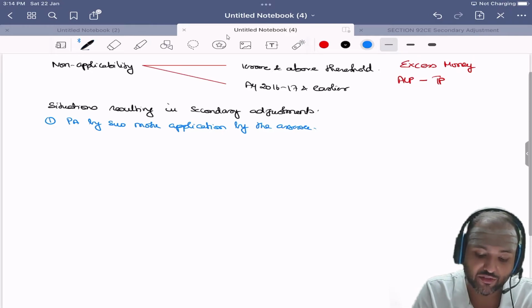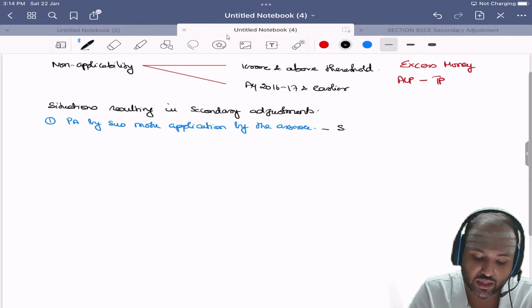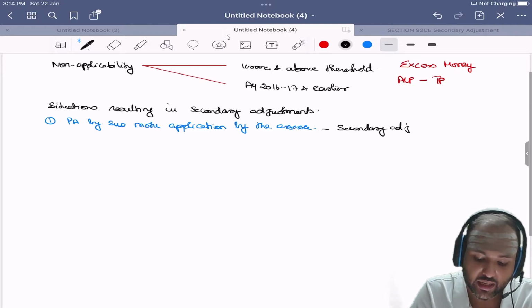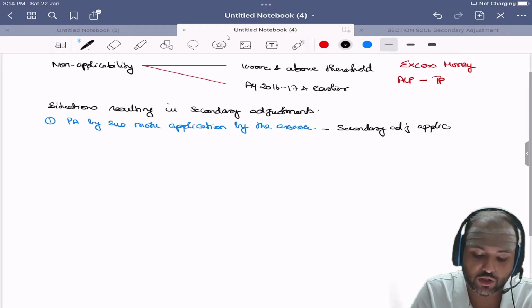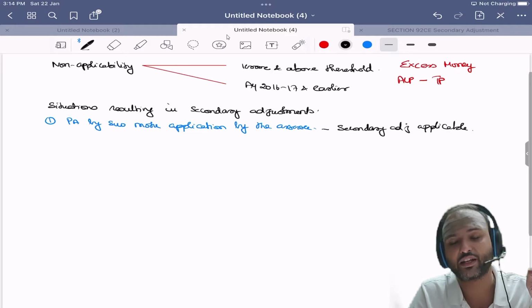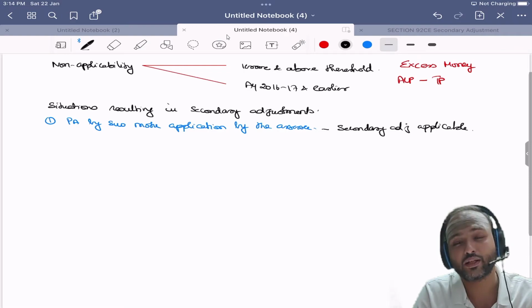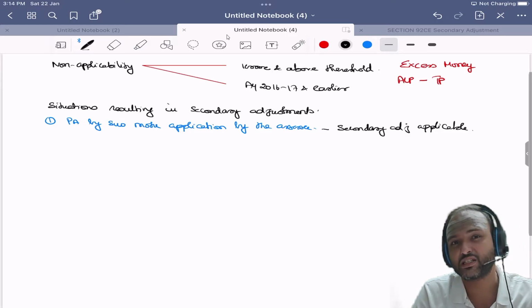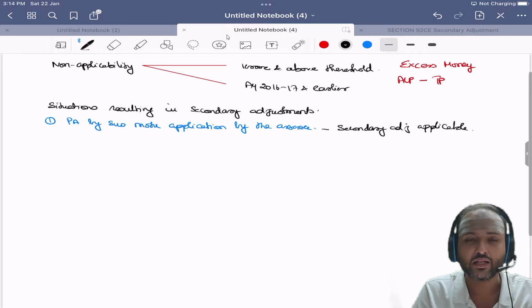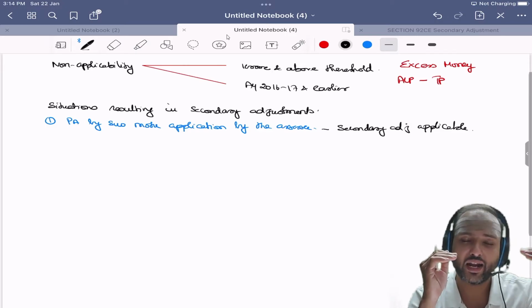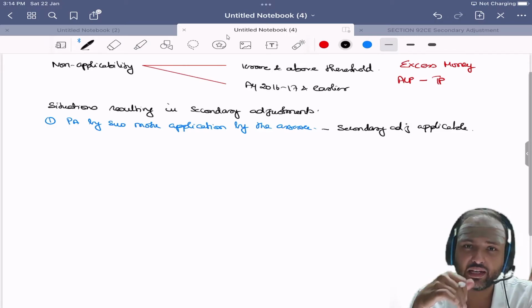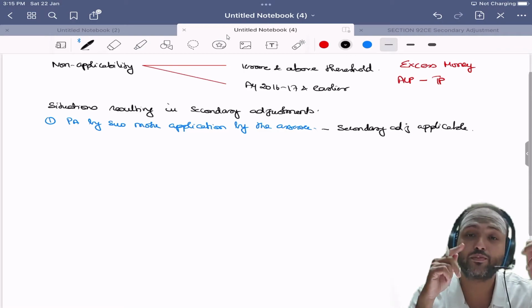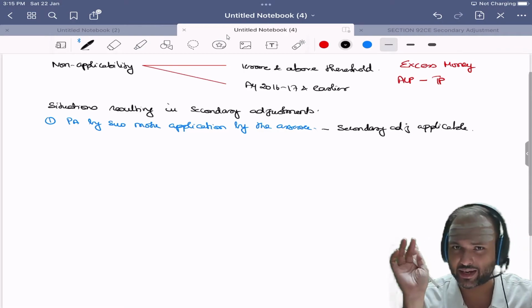Then you have to go ahead and do the secondary adjustment. So, secondary adjustment is applicable. Which means what? After filing the return of income, he should make sure that he collects the money from his associated enterprise AJC within the time limit specified, which we will be discussing, don't worry. So this is what is called secondary adjustment. So I have determined the primary adjustment. Now I am liable to also give effect to the secondary adjustment.